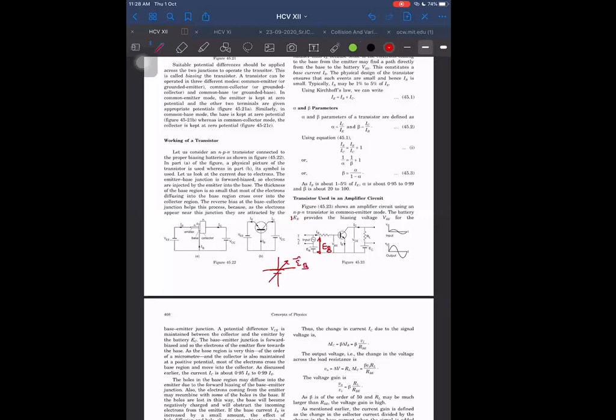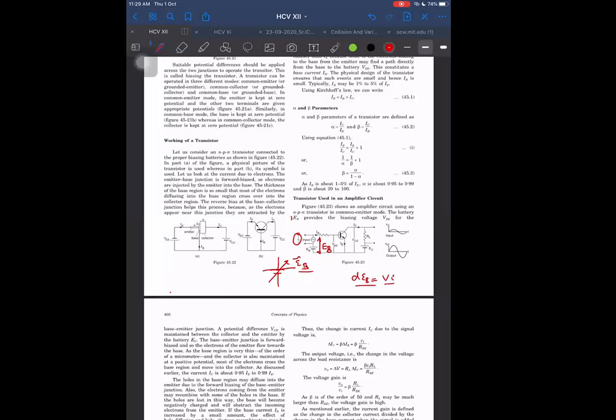Actually, it is not fluctuating. Actually, it is constant DC. But in series with it, some input is connected. So effectively, it will behave like a fluctuating DC, meaning on average the value is EB, but that is also varying a little bit. What will be the fluctuation in that? The fluctuation can be regarded as DEB. So I can regard this VI as DEB, the change in the EB value.